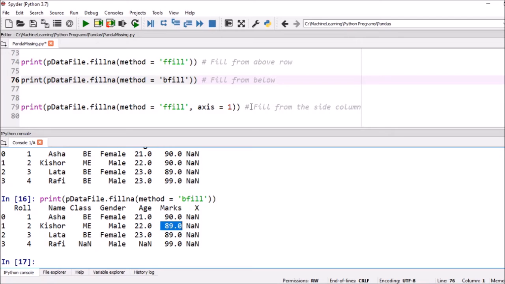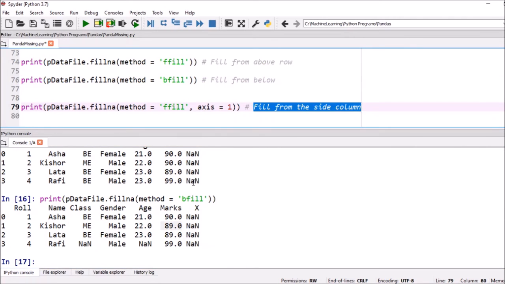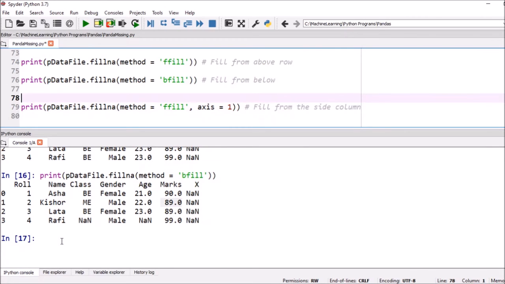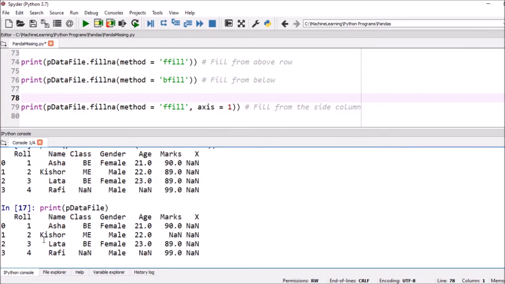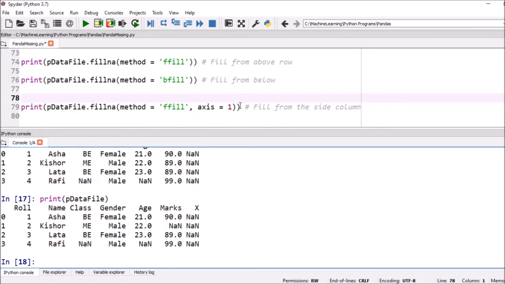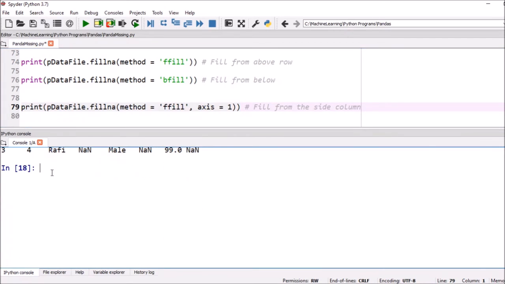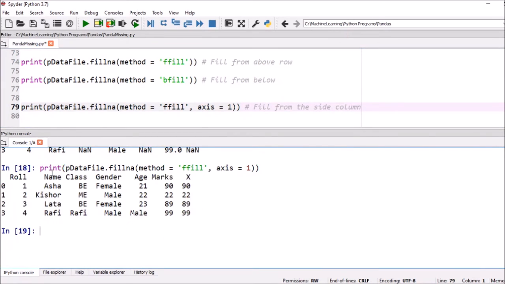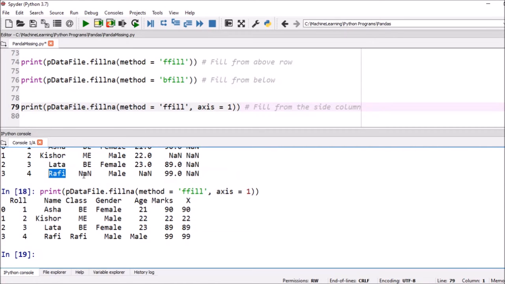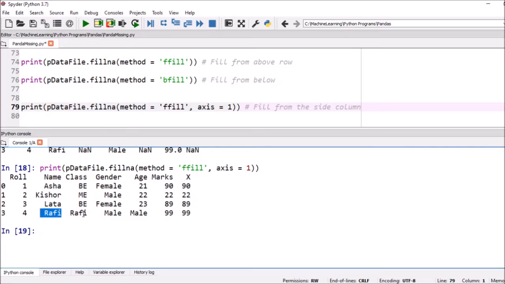Now fill from the side column. So we can select the data from the side. First of all, we just check the data once again and execute this one. Take from the side. Now here we can see the value Rafi, after that none is there, so it will copy the Rafi.